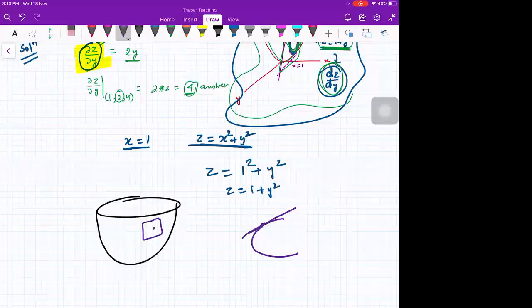If you have a 3D surface, then you have tangent planes. You don't have tangent lines generally. We don't talk about tangent lines. So what we do, we cut the 3D surface with a plane, then we get a curve, and on that curve we talk about the tangents. Clear? Okay, I get it.